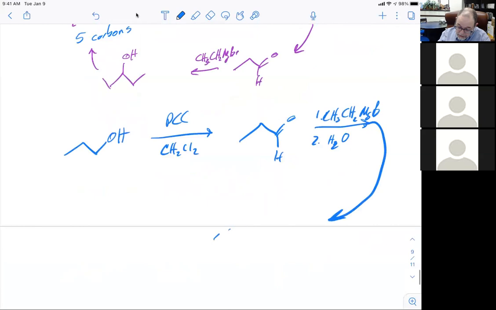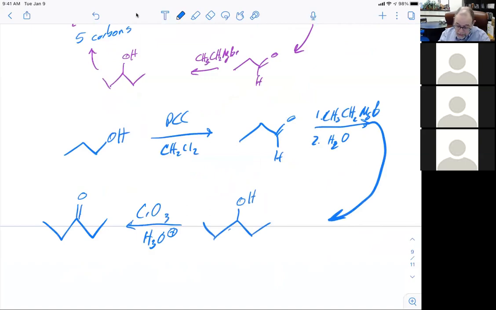That then gets me to my base structure here. And then I can oxidize here with either PCC or the chromium. Since there are no other functional groups, any of the oxidants could actually work well here. Okay, and that's